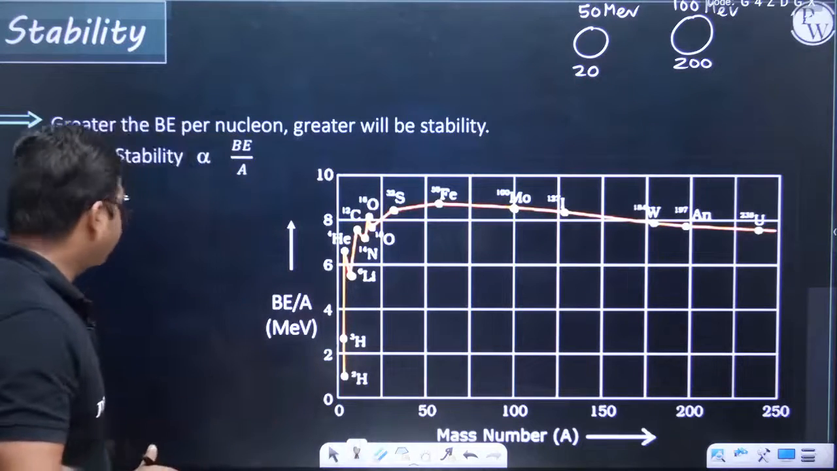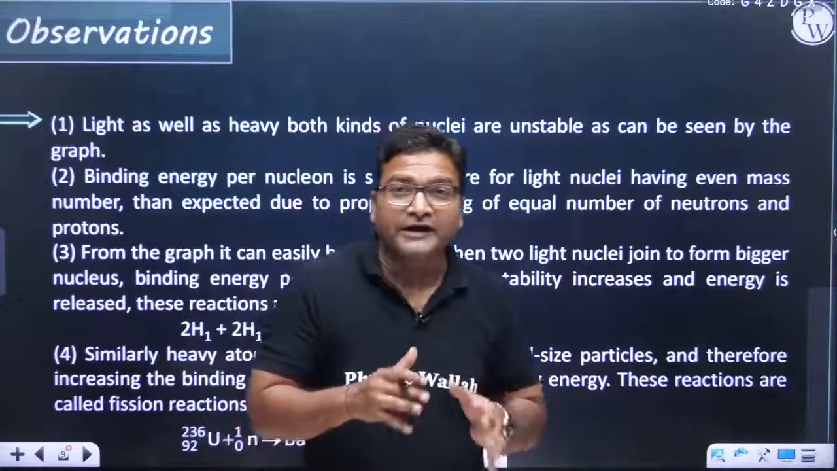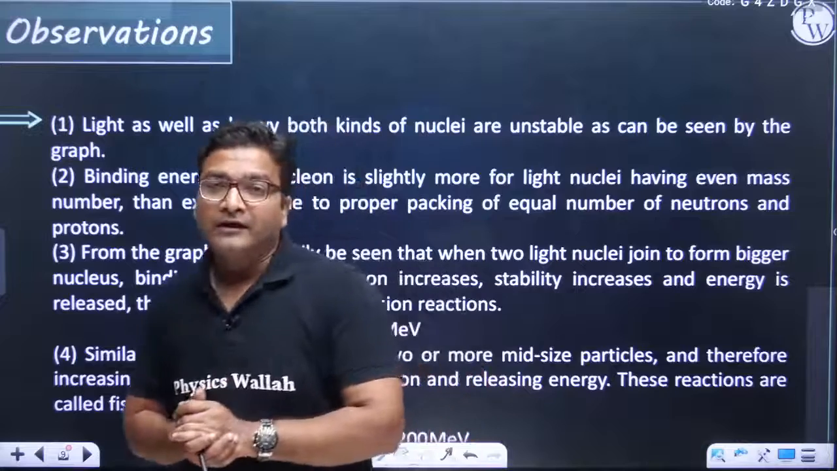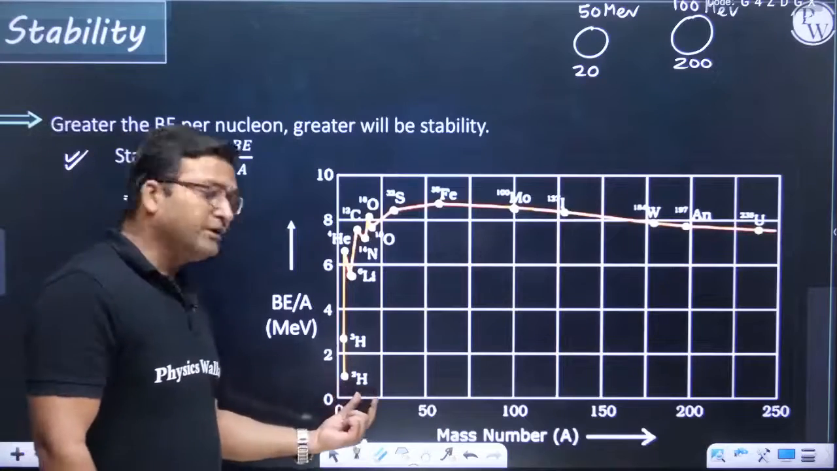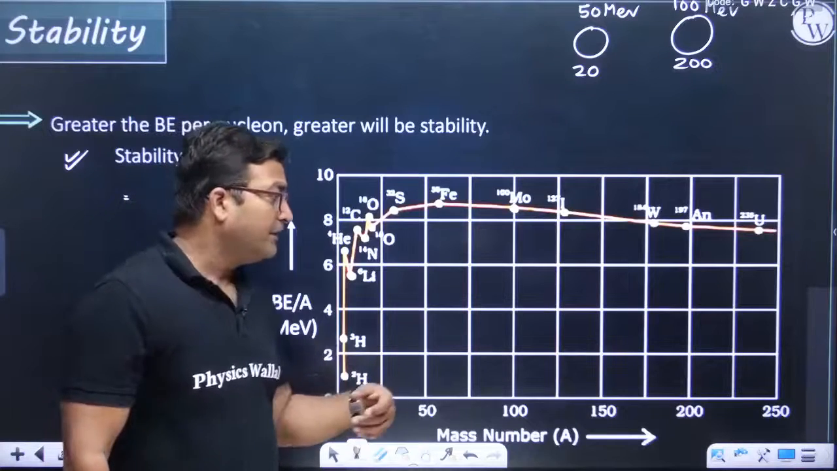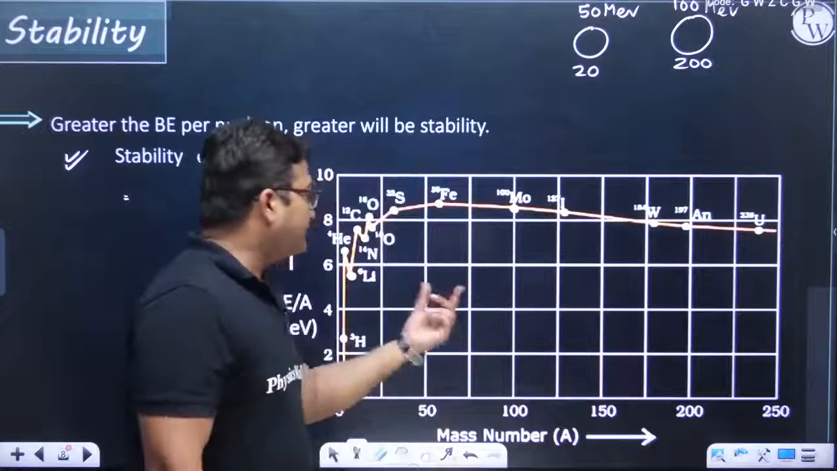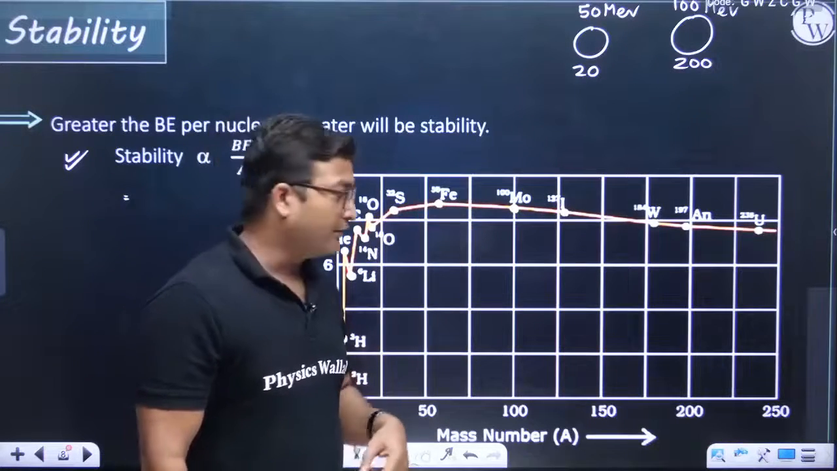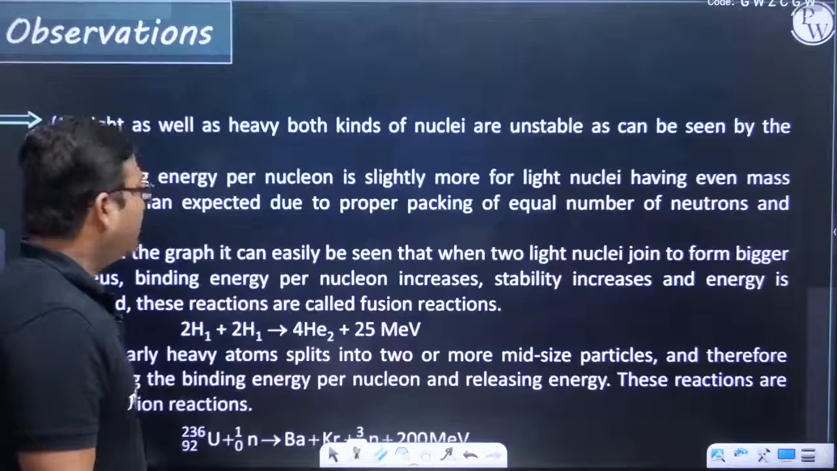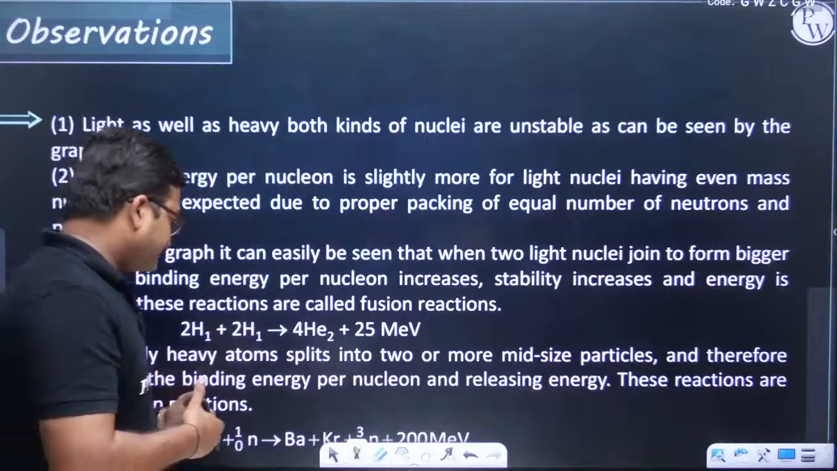The first is, light as well as heavy, both kinds of nuclei are generally unstable. As you can see here, the light nuclei have less binding energy per nucleon, and the heavy nuclei too have less binding energy per nucleon. Only the middle sized nuclei have greater binding energy per nucleon. So light as well as heavy, both are unstable, right? The second thing,